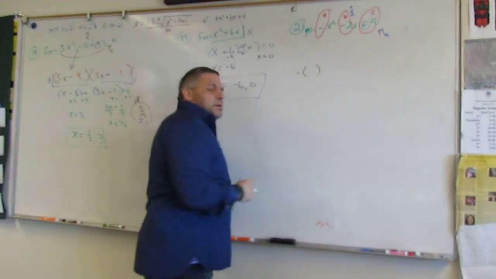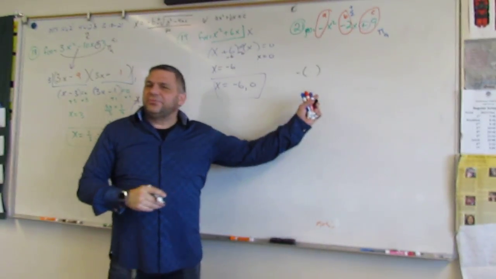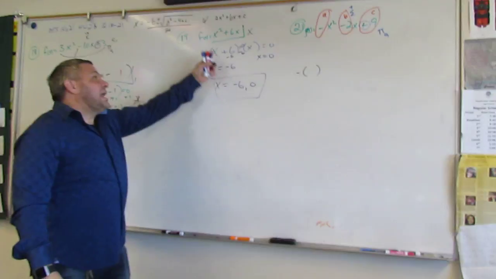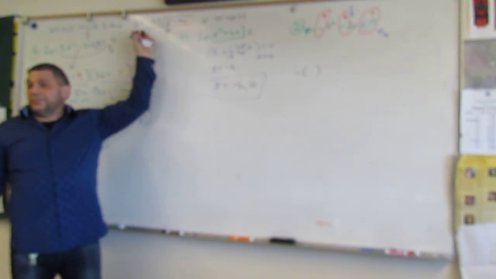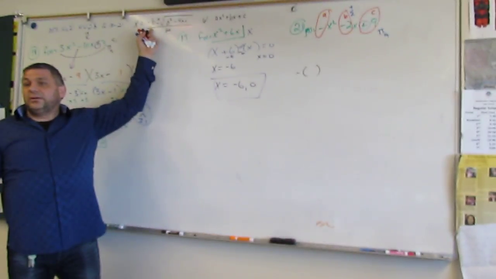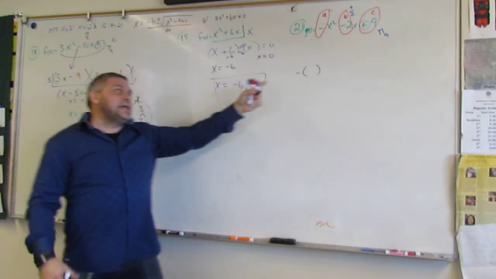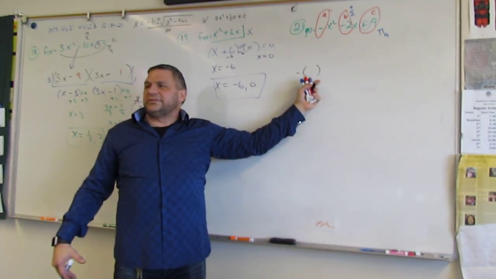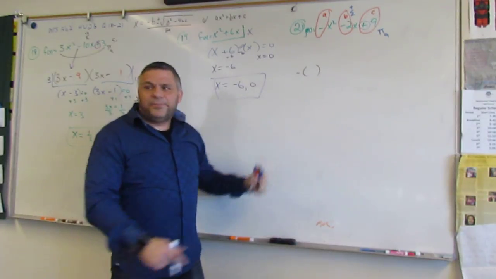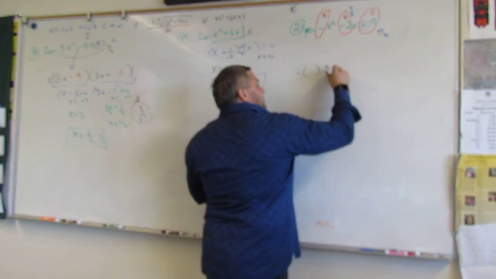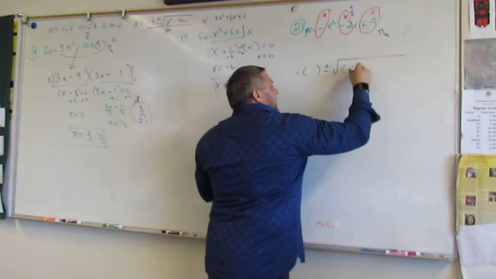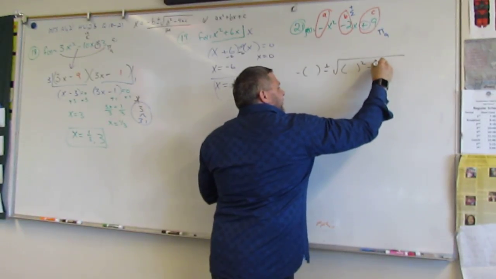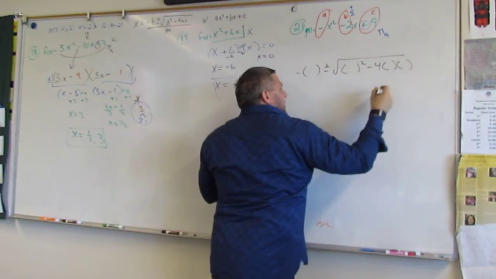Negative B. Notice I didn't write the B. I have that on the top of my paper. Negative B. But when I write it, I say it and I write a parentheses. Every time I say a letter, I write parentheses. Negative B plus or minus the square root of B squared minus 4AC